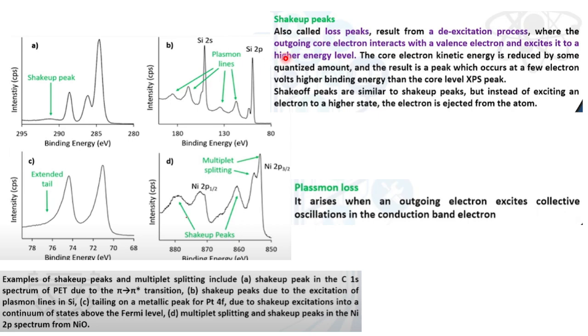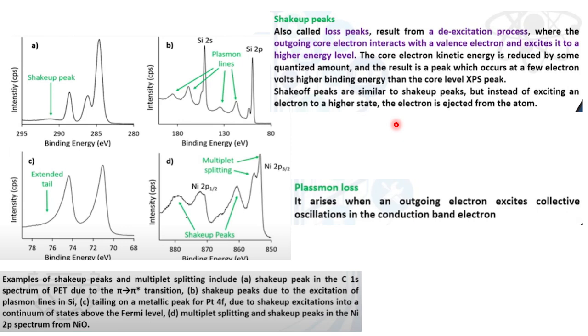So there is also one important term, the shake-up peak or loss peaks, that results from the de-excitation process. What happens when one electron is ejecting out? When it is coming out from the bulk, or from a certain depth to the surface, it interacts with a valence electron, and that can excite the valence electron to a higher energy level. So the core electron kinetic energy is reduced by interacting with the valence electron by some quantized amount, and the result is a peak which occurs a few electron volts higher in binding energy than the core level XPS